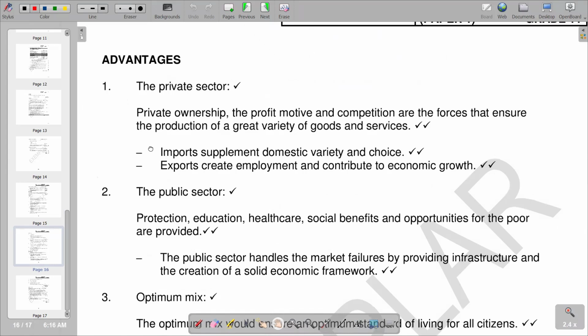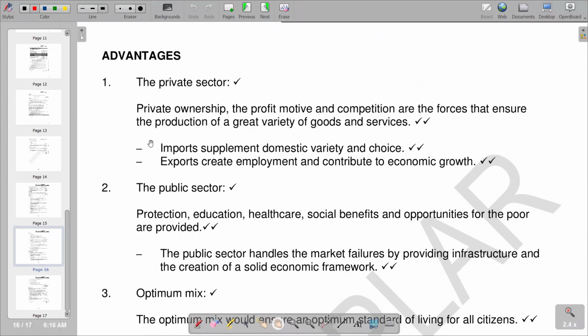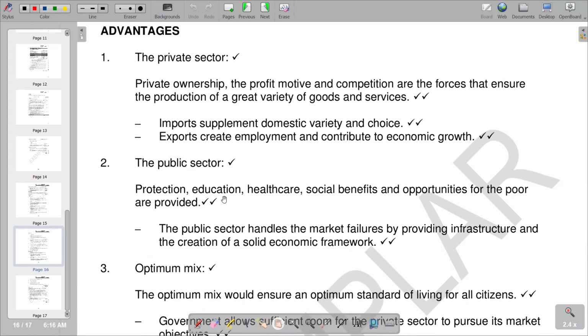Then we move on to the advantages of the mixed economy. You can talk about the private sector. We've got private ownership, the profit motive, and competitive forces that ensure the production of a great variety of goods and services, which is an advantage. And then under the public sector, again, what is an advantage? There's protection, education, healthcare, social benefits and opportunities for the poor are provided. The public sector handles the market failures by providing infrastructure and creation of a